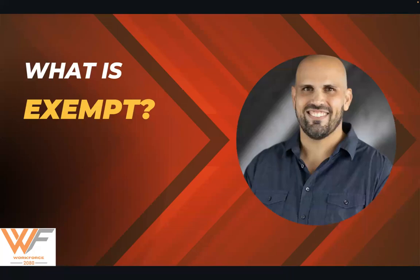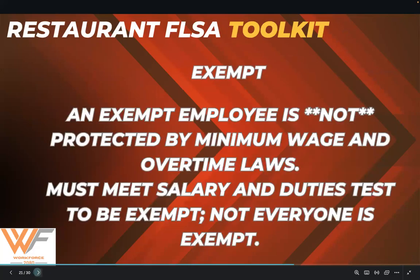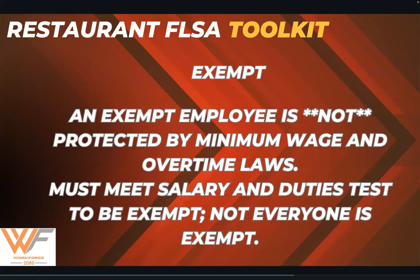In this video, we're going to talk about what an exempt employee is. So classifying somebody as exempt is not so simple, but an exempt employee is not protected by the minimum wage and overtime laws. But these individuals don't get time and a half when they work over 40 hours. And as far as the state minimum wage or the federal minimum wage, that's nowhere in the ecosystem for this